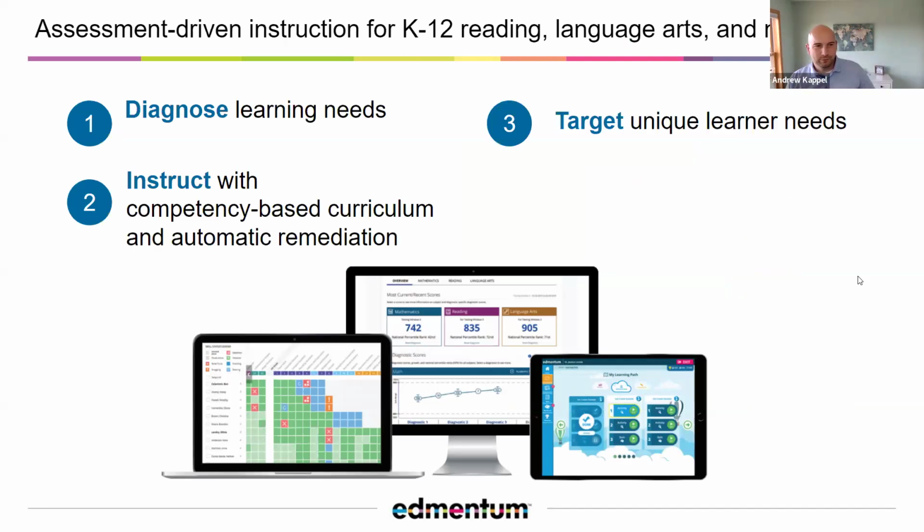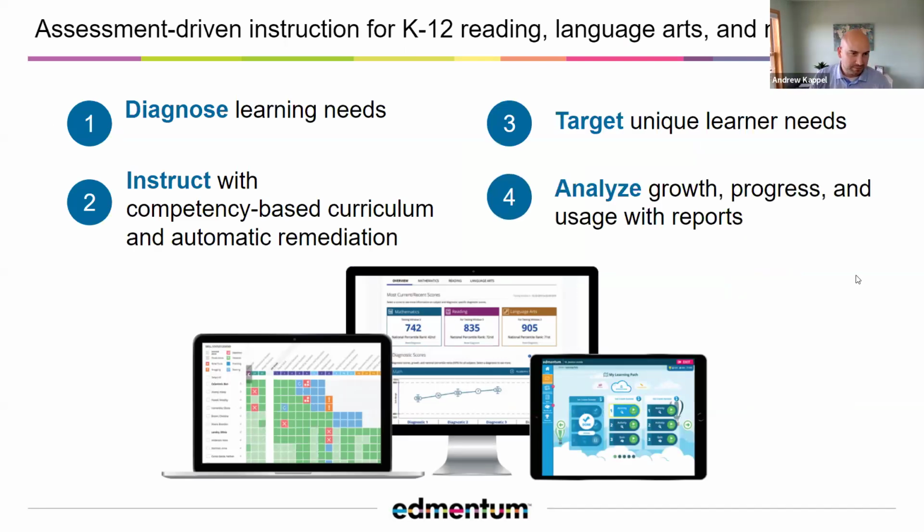So it does four things. And really, it's a cyclical approach as we talk about the diagnostic windows and when those open and close within Minnesota literacy programs and the ABE programs that you serve. First, we're going to diagnose our learning needs by giving that diagnostic assessment and having learners go through it, making sure we're determining their needs appropriately.